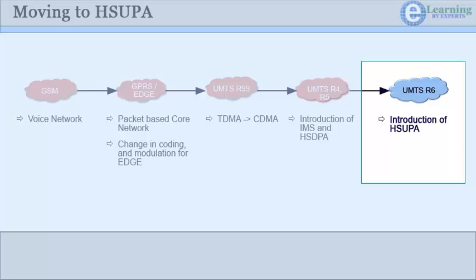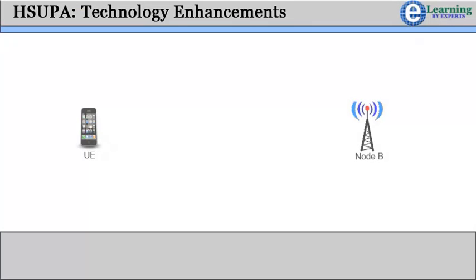HSUPA is the incremental complement of HSDPA, delivering significantly improved data rates from the mobile back into the network with a theoretical peak data rate of 5.76 Mbps. HSUPA achieves its performance gains by upgrading various radio features of UMTS Release 5. Some of the major enhancements are: